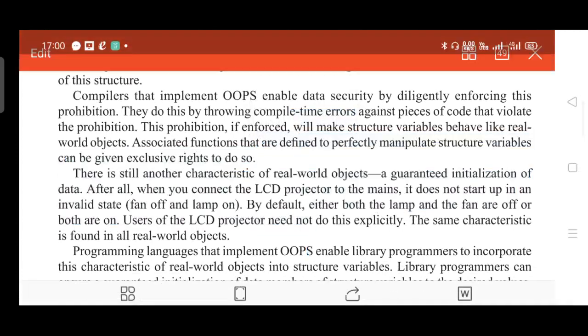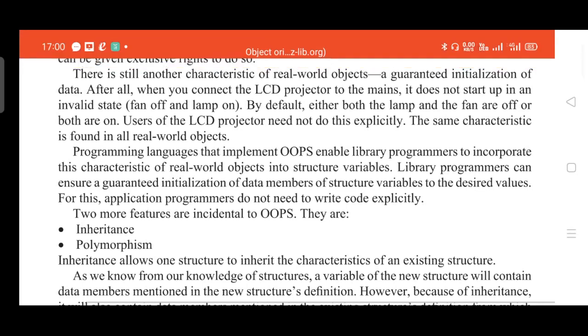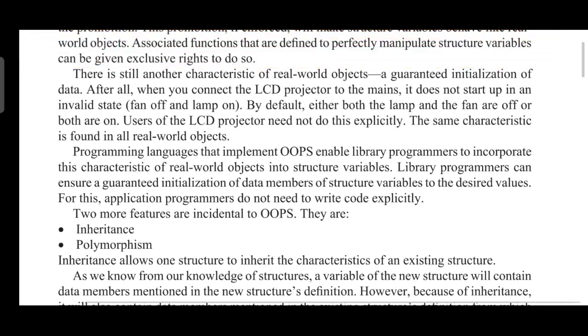so there are three basic features of object oriented programming. One is abstraction and data hiding. They are called the three building blocks of object oriented programming. The first one is abstraction and data encapsulation, you can say. So wrapping up of data into a set is what is called abstraction as well as encapsulation.